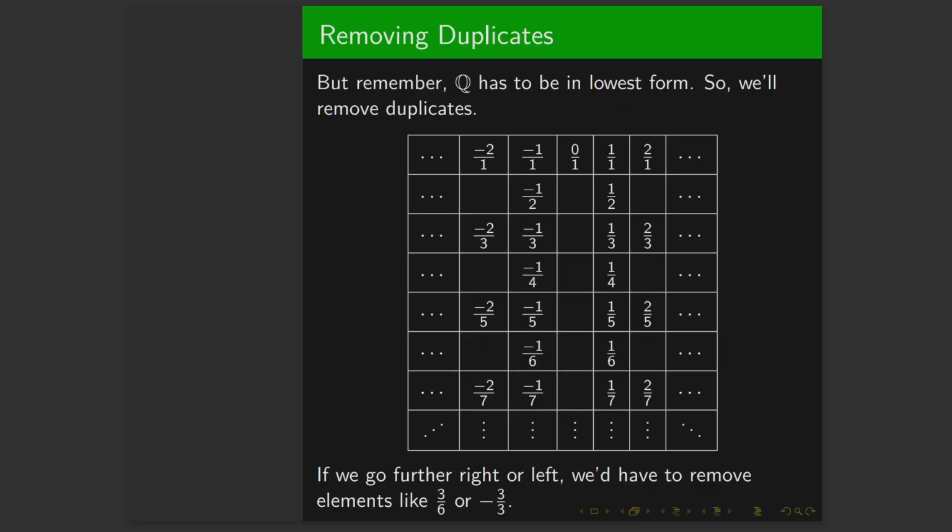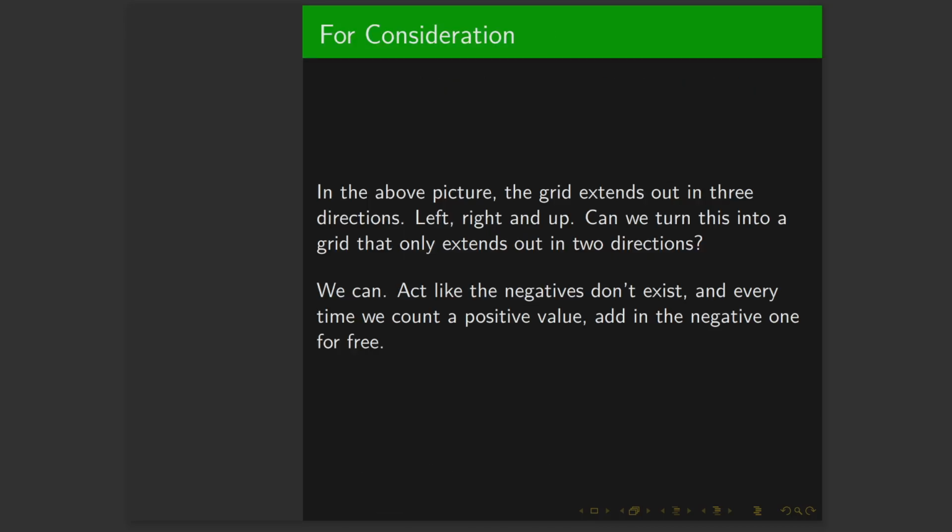But then the issue is we have to remove duplicates because Q has to be in lowest forms. So then the grid will look like this. There still will be infinitely many elements, but it goes in every single direction. And if we were to go further right or further left, like include one more column, we'd have to remove stuff like 3 over 6, since that's like 1 over 2, or negative 3 over 3, because that's just negative 1. And the issue here, compared to the n cross n case, is that this goes in 3 directions, left,